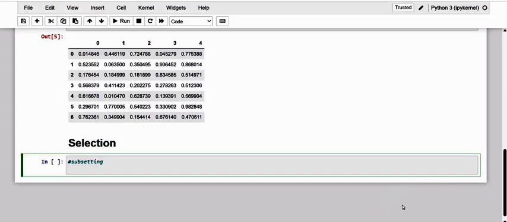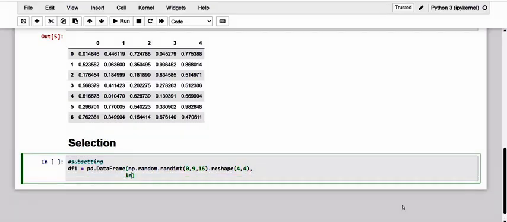Kindly have a note of it. I just want to create a small data frame here. This is data frame 1, and I give a random randint of 0 to 9 of a total of 16 elements. I need to reshape it into a 4 by 4 matrix.